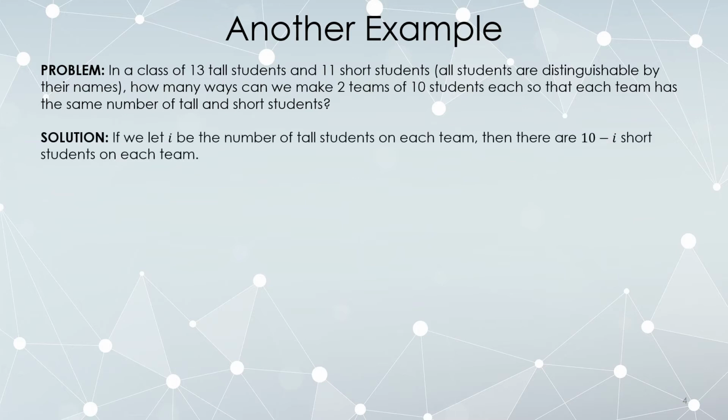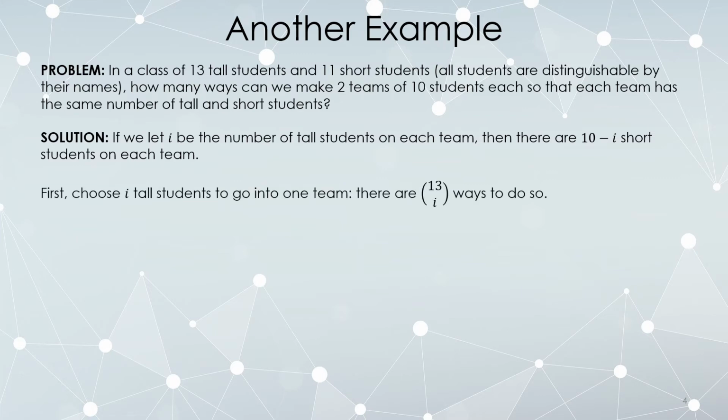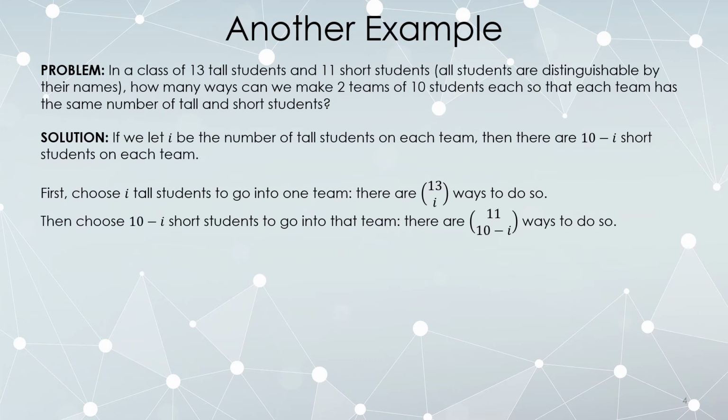Let's let I be the number of tall students on each team. Well, it has to be the same between both. So if I is the number of tall students on each team, then 10 minus I is the number of short students on each team. So first, of the 13 tall students, choose I of them to go into one team. That's 13 choose I. Then let's choose 10 minus I short students to go into the same team. Of the 11 short students, I choose 10 minus I of them. So there were 13 choose I ways to pick tall students, and 11 choose 10 minus I ways to pick